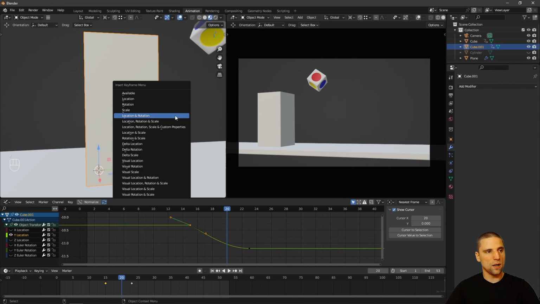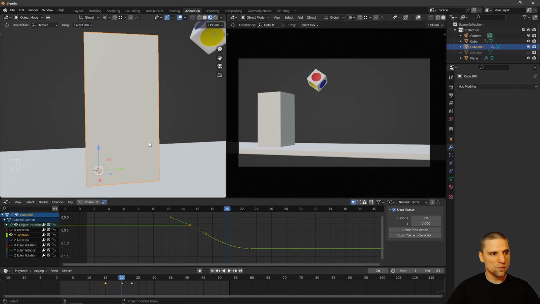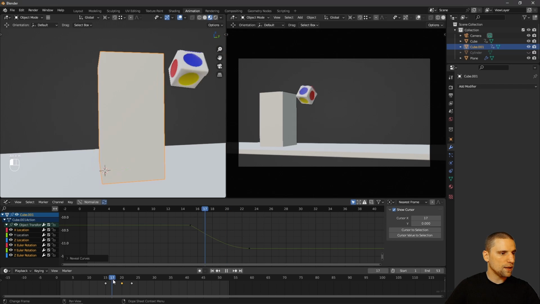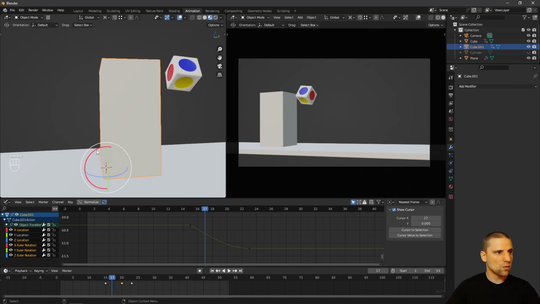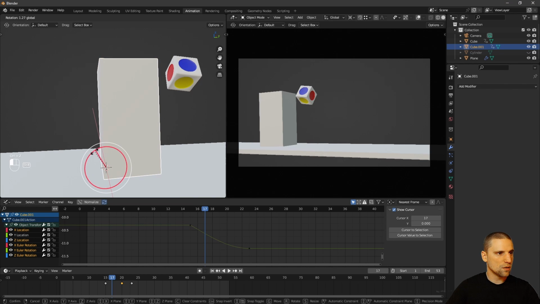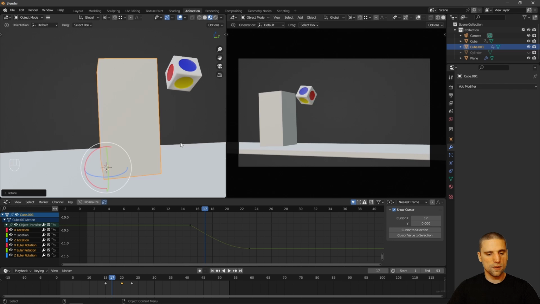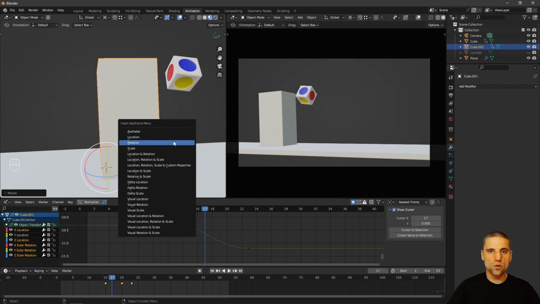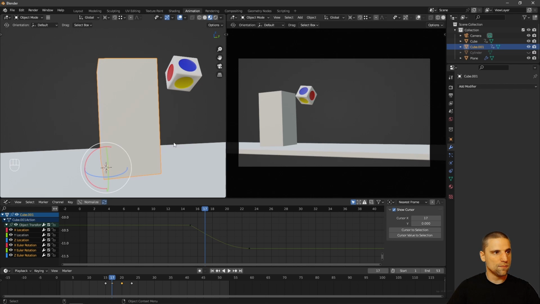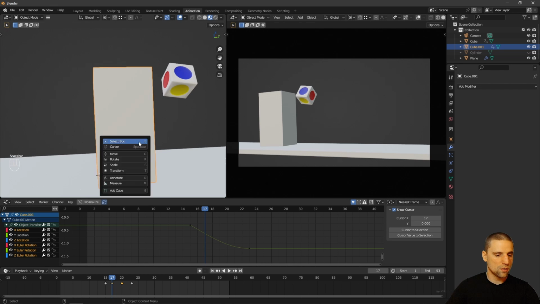So I'm going to key the rotation. We don't see anything here. I'm going to do Alt H just to show everything. And 2 frames after that impact, I'm just going to rotate it back just like that. Maybe too much. There it is. I'm going to also key the rotation again. Perfect. And then let's go into our